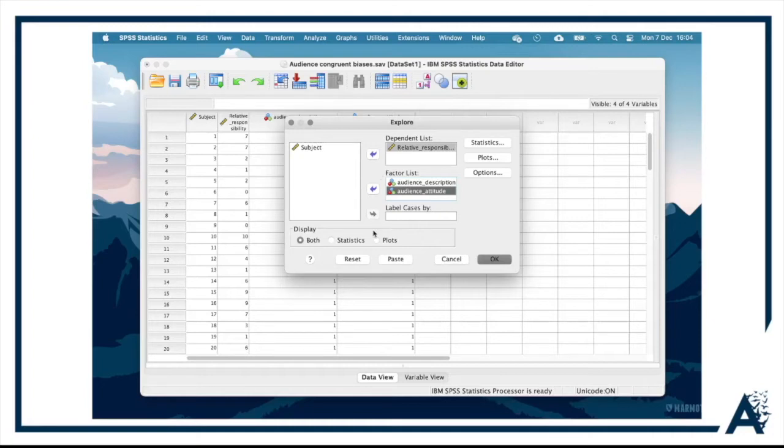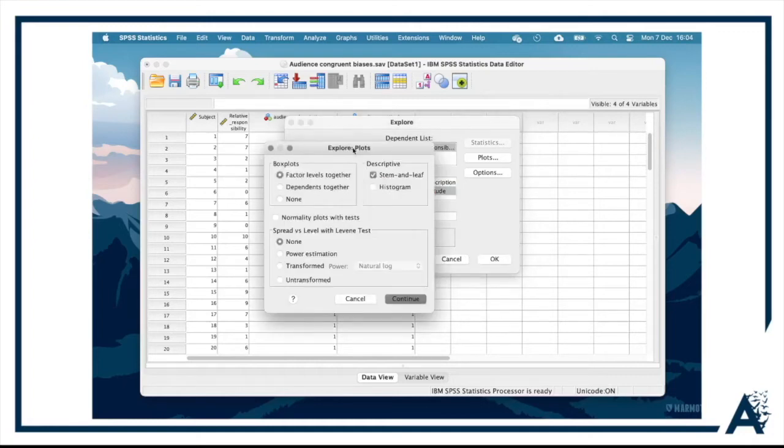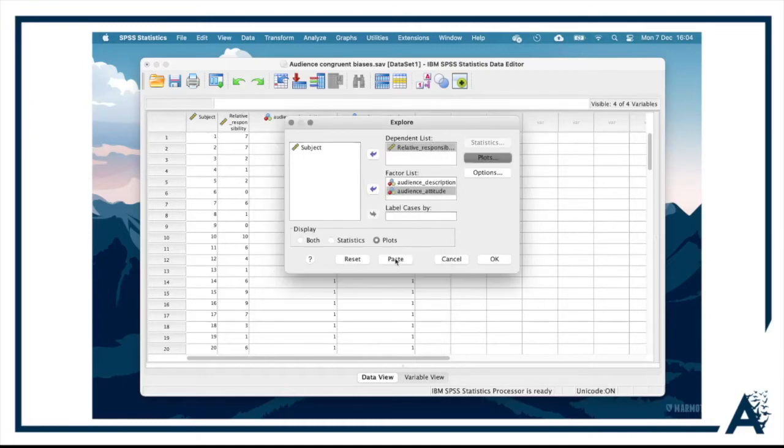So the first thing we want is just the plots for now. We will see the descriptive statistics later on. In the plots option, make sure we untick stem and leaf, we don't need that, and tick normality plots with tests and continue. So if we pressed OK, this is where we would just get one version where it's each of the factors separately, but we want them together. So if we click paste,